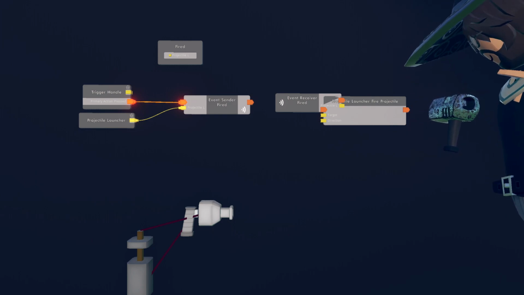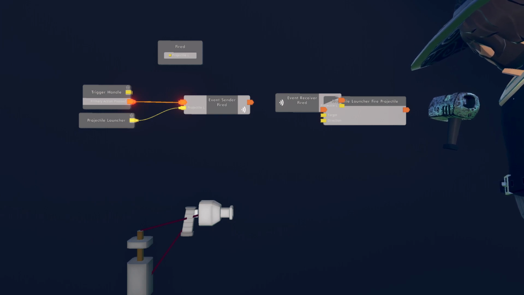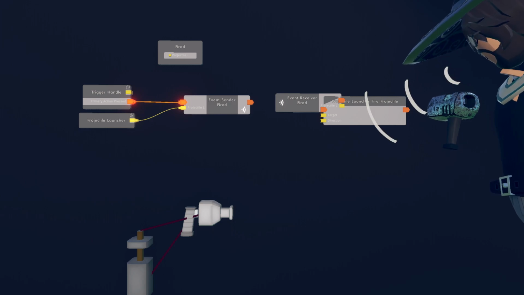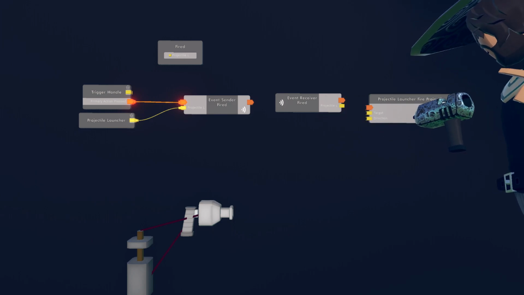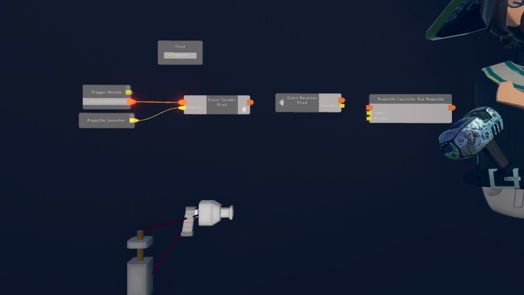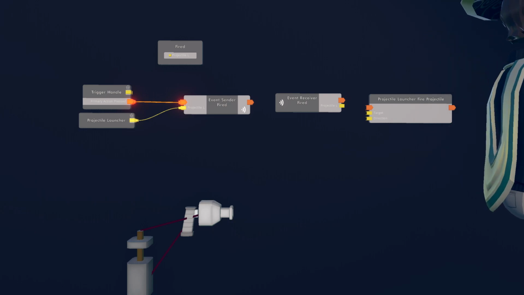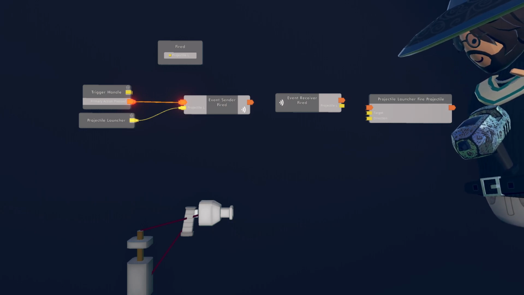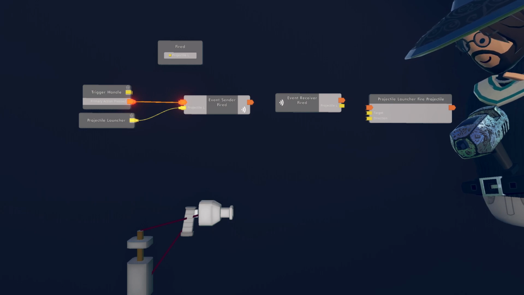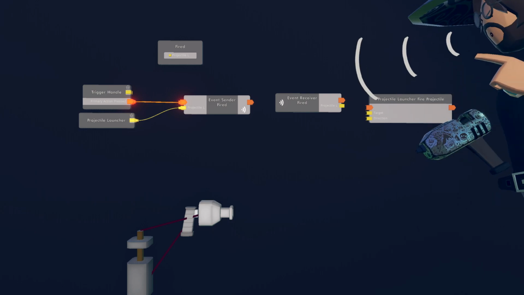Usually I don't use it. Is there not a fire forward? No. I don't think they have a fire forward. They probably do, but I don't see it.